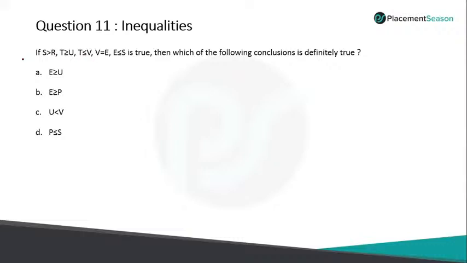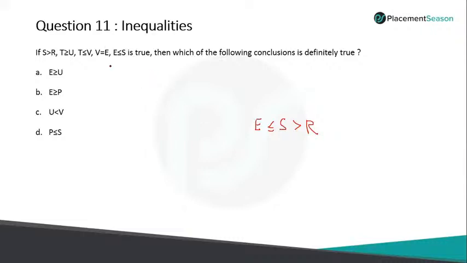Now what we have to do is plot everything. Now see, first S is greater than R, which is given. Next, anything related to S and R? Yes, it is given, E. E is less than or equal to S, or S is greater than or equal to E.